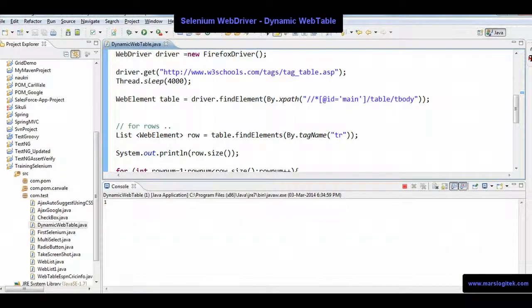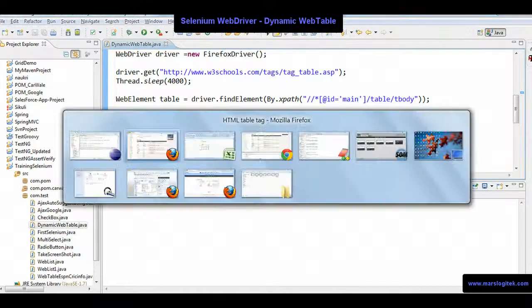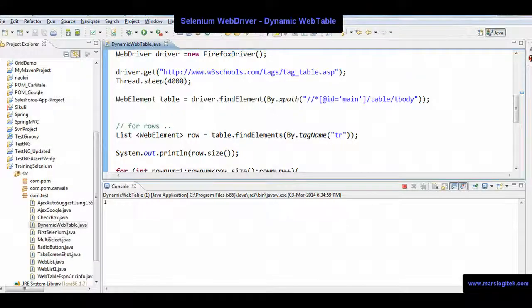Okay. So what it says, it displayed the data. Oh, what is this one? Okay. After that, what is it trying to do? Row. So it's saying it's only one table.